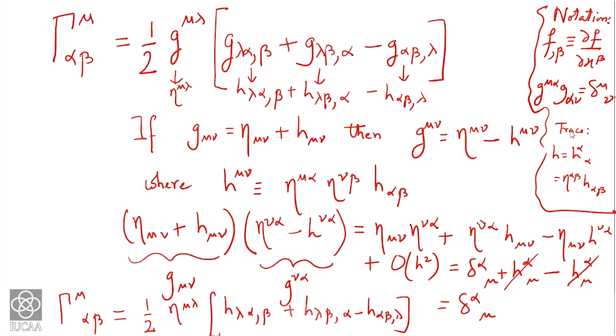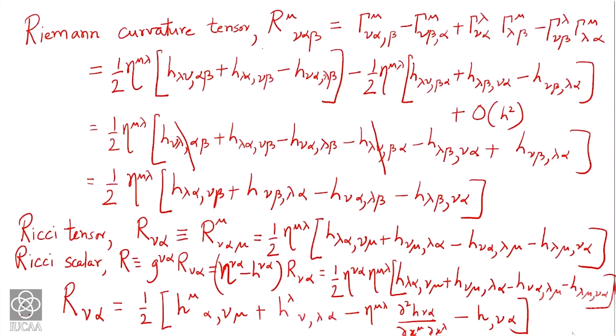Since we are raising everything using the Minkowski metric, the trace of the metric perturbation, the metric fluctuation, is given by this. So, therefore, this object eta mu lambda minus h lambda mu, lambda mu being summed over, is given by this. Now, note what this object is,